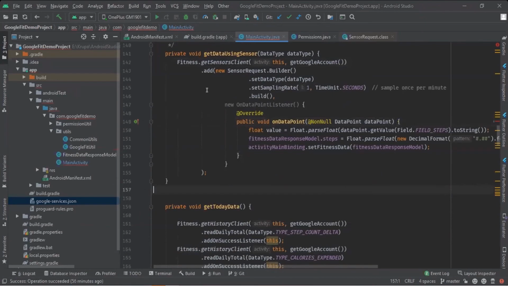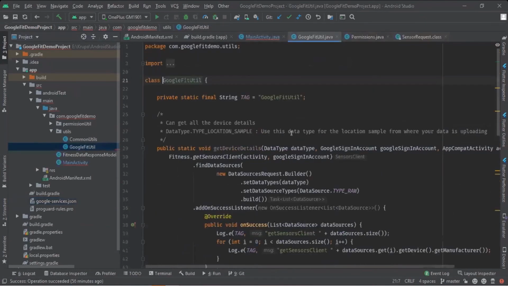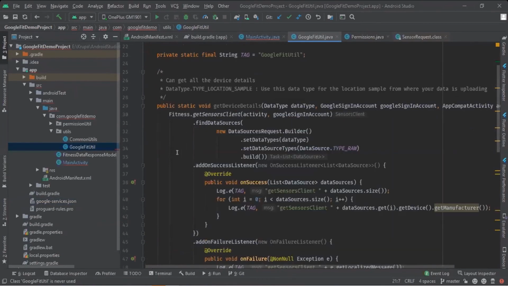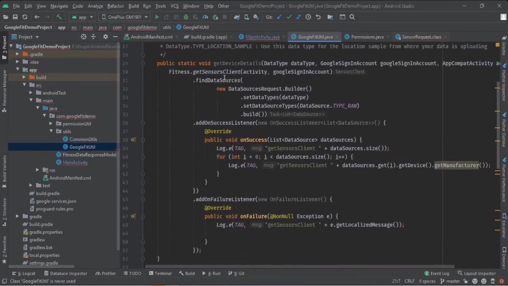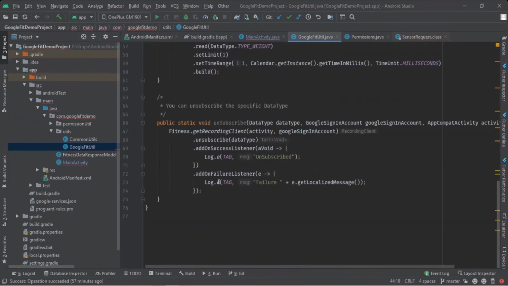Okay, and I wrote a few functions here for fetching real device details, from where your data is uploading to fitness storage. So you can get details like device name, manufacturer, and so on.